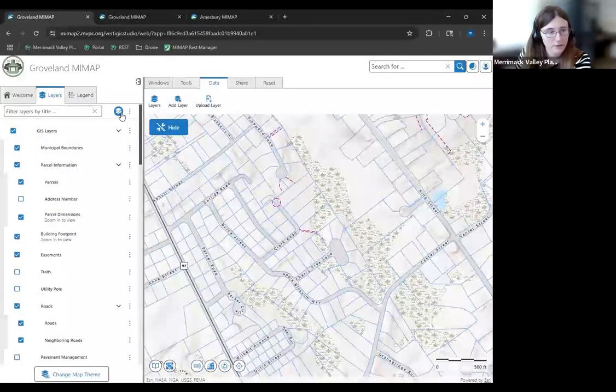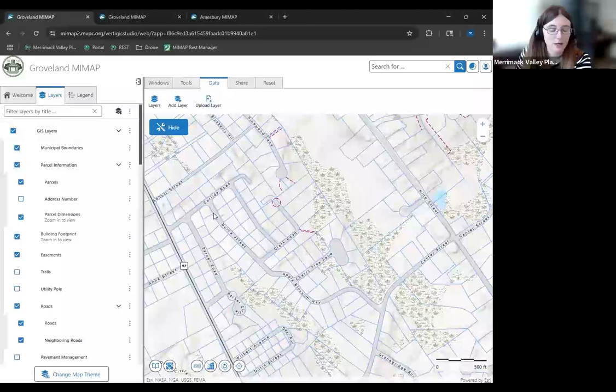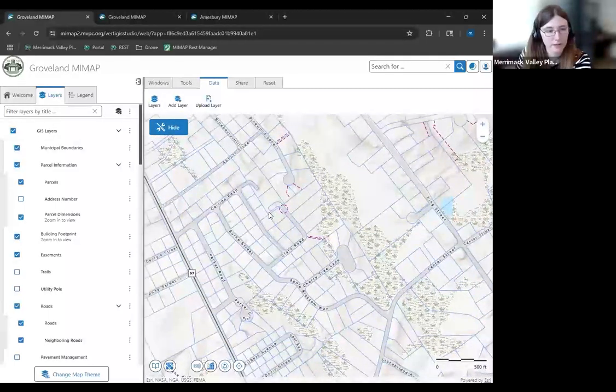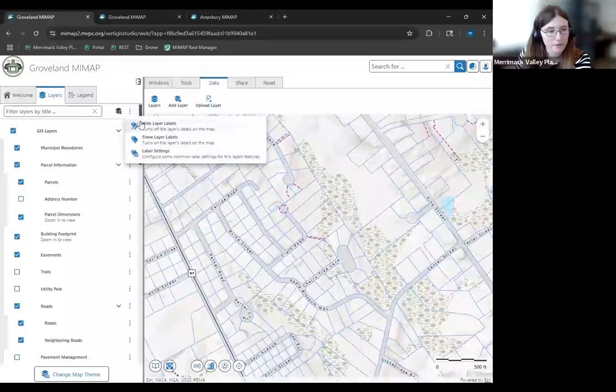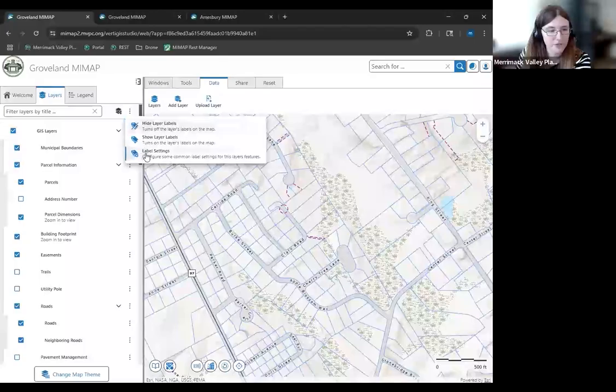And you can also look at the very top, you can reorder layers however you like. If something's kind of hidden by something else, you can change it here. But if you want it changed in the list by default to something else, you can always just ask us and we can flip the layers around as well. And then this little kebab menu up here brings up the general label settings for every layer. You can hide labels for everything if you wanted to.